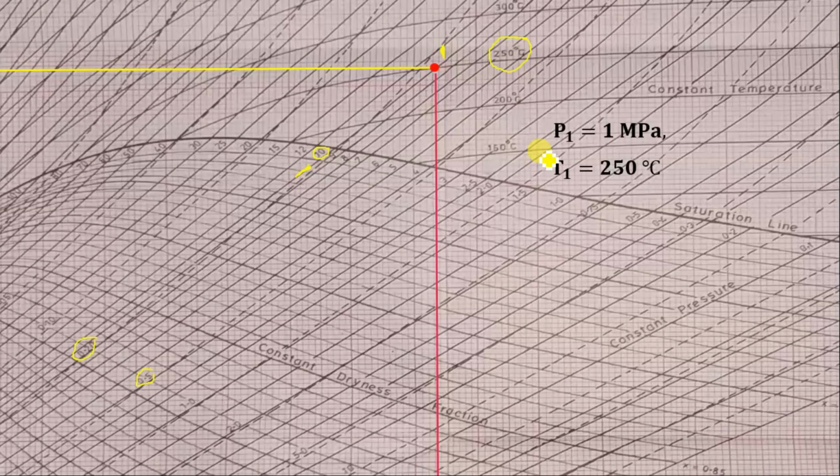Now state 2: pressure is equal to 0.1 bar. So we have here the 0.1 bar line. Mark the intersection, that is here, that is our state point 2. Again draw the horizontal line to find H2. Very simple. This is how we have to mark points on the Mollier chart for the given conditions.